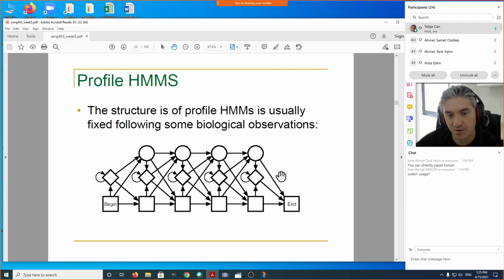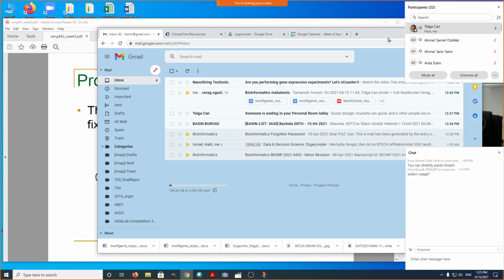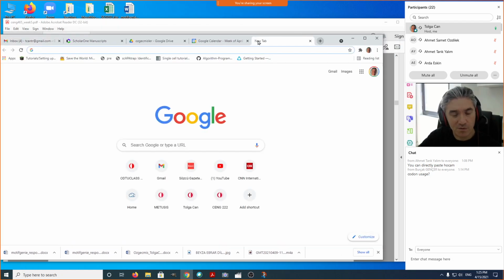We may have different profile hidden Markov models. So let me repeat, these are the insertion states, these are the delete states, and these are the match states. And how do we determine how many match states are there going to be in a profile hidden Markov model? Now, in the last 5 minutes, I just want to build you a hidden Markov model for